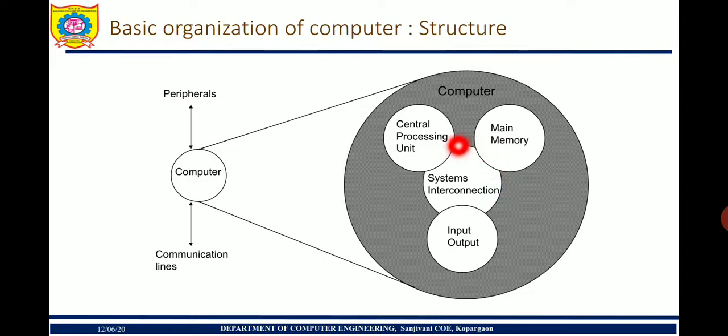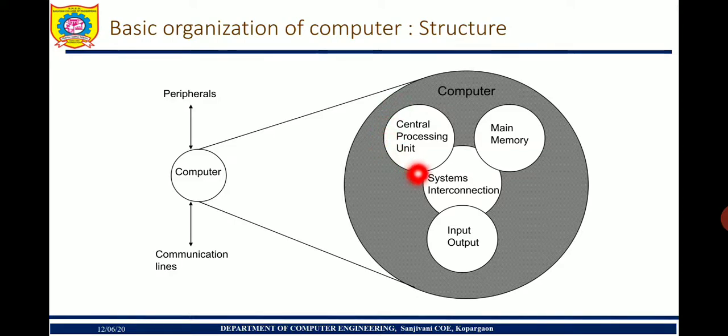These interconnections are done by bus. Everybody should know what is bus, but if you don't know, no problem, we'll be illustrating it in the next videos. Stay tuned for it. Buses are used for transferring data from one place to another. There are multiple types of buses, but I'll explain that in the next videos. So this computer has central processing unit, main memory and input output.